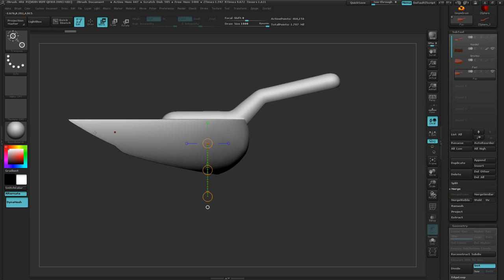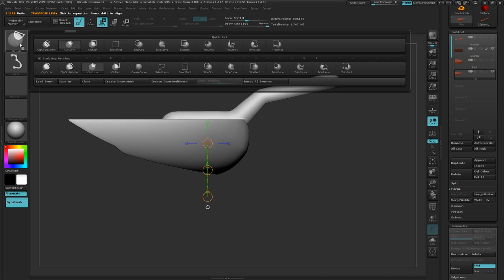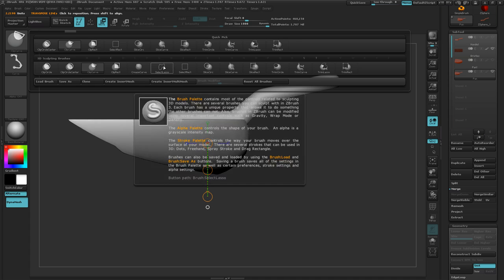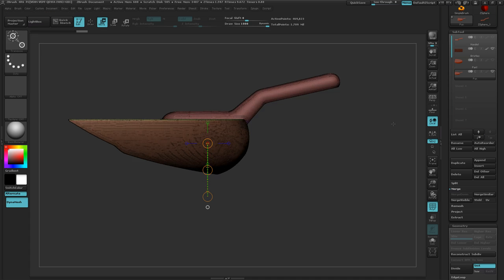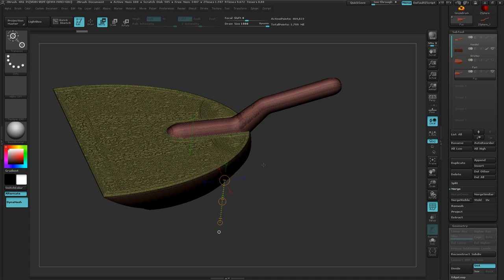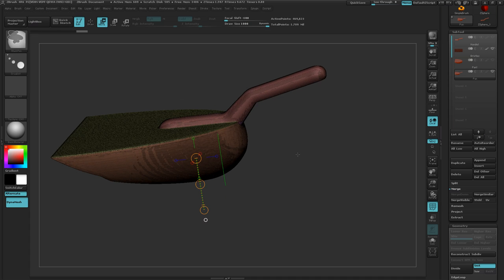And now I can kind of cut them apart. So to do that, I want to use my Control Shift and Slice curve. First thing I'll do is just slice across the top like that, and you'll see that if we turn on polyframes, that slice those two to separate groups. Oh yeah, but